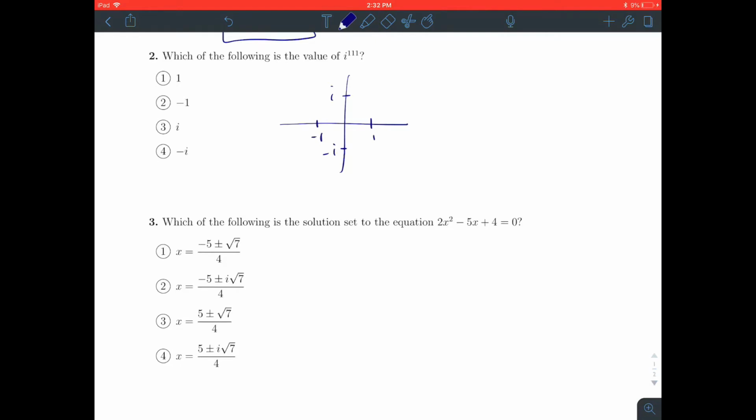Thinking about powers of i, we know that i to the 0th power would be starting at 1. What we need to figure out is how many quarter rotations 111 corresponds to, thinking about that as full rotations and leftover rotations. So we'll do 111. Because it takes 4 rotations to go all the way around, we'll divide that by 4 to figure out how many full rotations we have. 111 divided by 4 is,